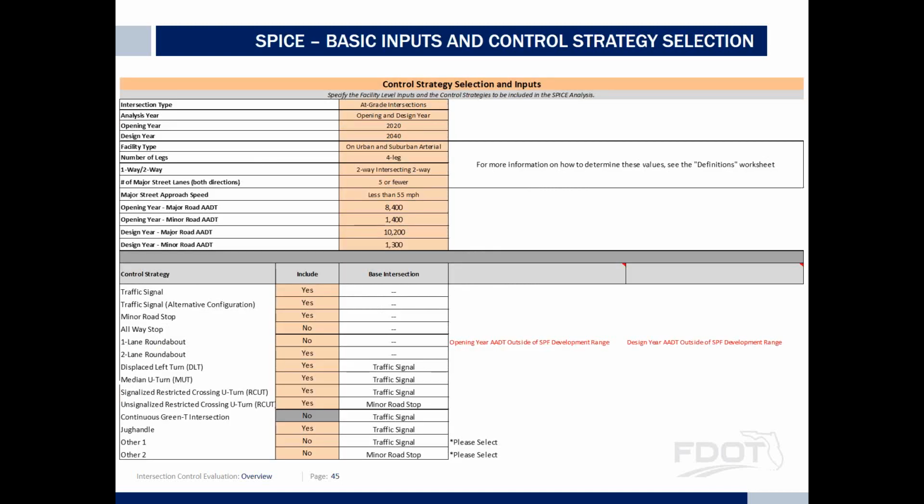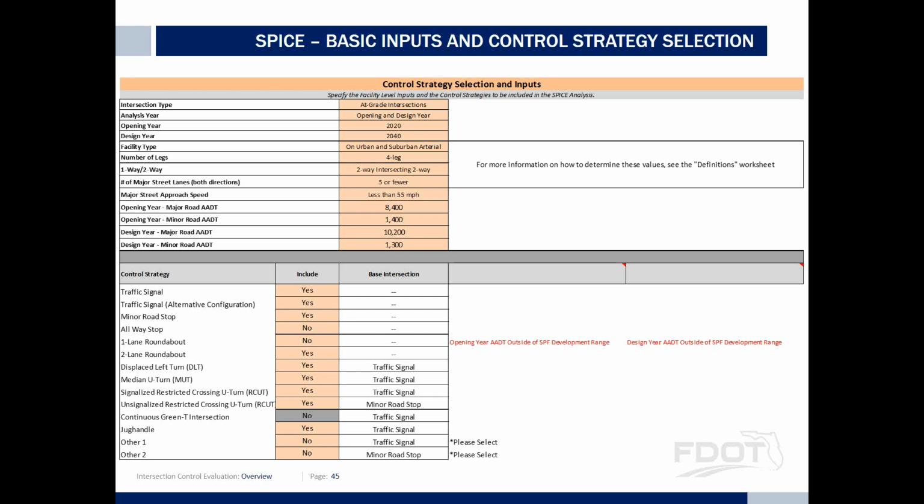So here's a basic input. That's the input sheet or tab. The at-grade intersection is evaluated based on the opening and design year. So you input those values on urban or suburban arterials, number of legs,